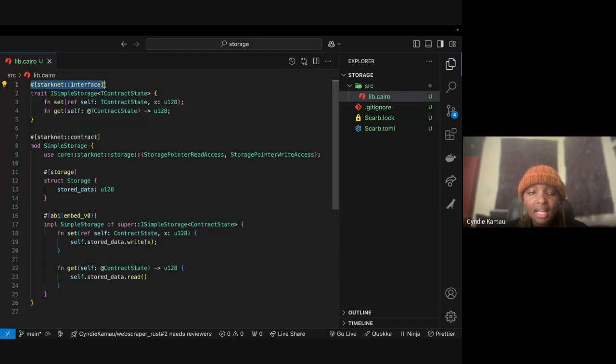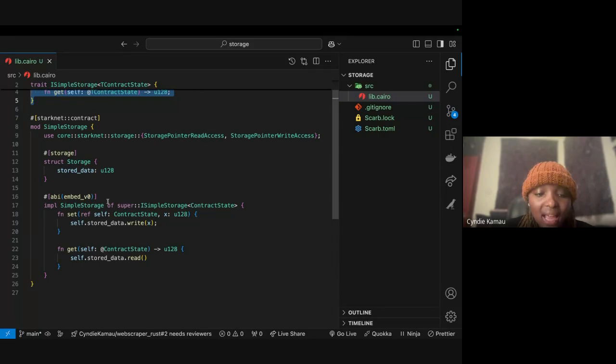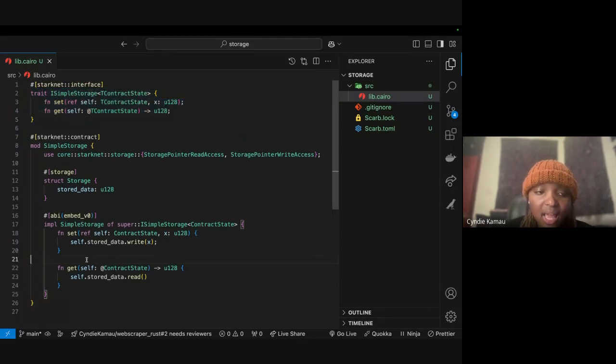So you're just telling the compiler to differentiate. The code in here is just implementation. What have you implemented from here, right? As you can see, this simple storage, the only thing it does is store a number in the blockchain, right? So this is the set, and the get is just to read.